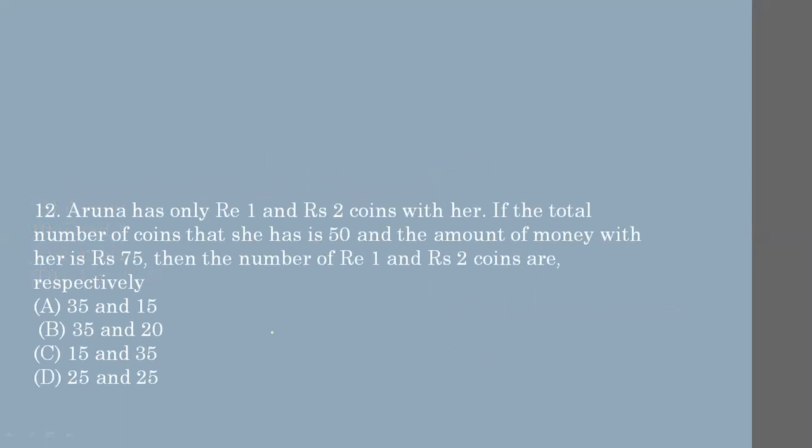Now one more word problem. Aruna has, you can pause your screen and read. If we take the questions, you can solve it by yourself also if you think, and then check the answer if your answer is correct or not. If we take the number of coins to be, it is given to be 50. If we take rupees 1 coins to be x in number and rupees 2 coins to be y in number, so we are given that x plus y equal to 50. Total coins is 50, that is one.